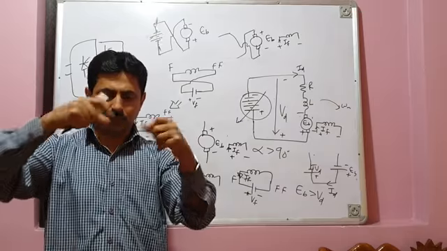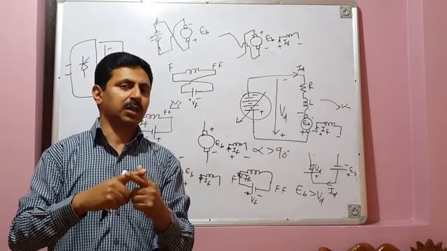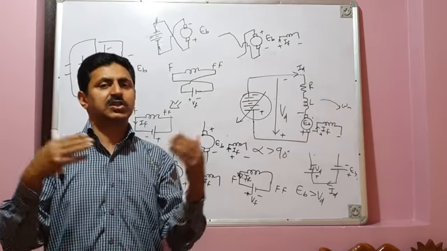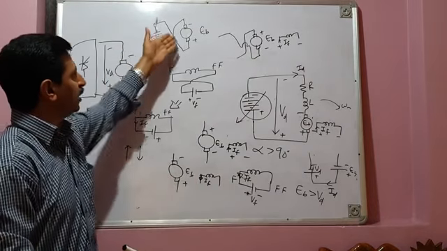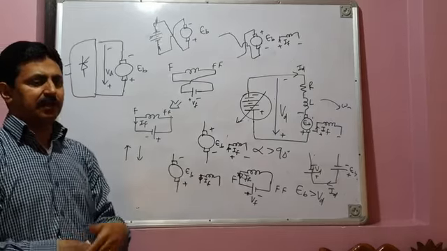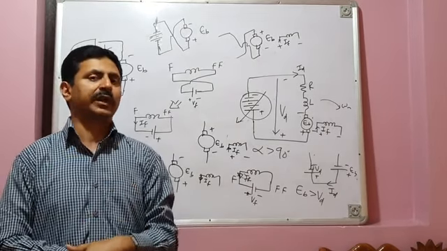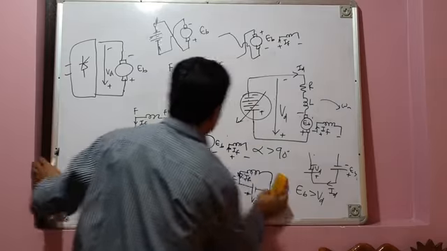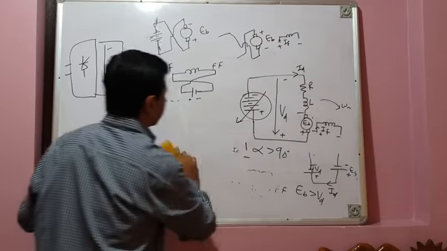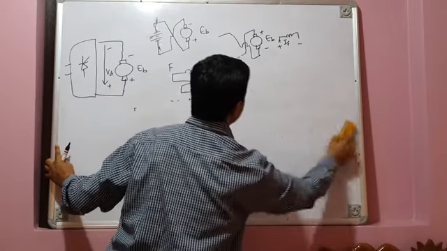And when you open the switch, you are breaking an inductive circuit, and that will cause large voltage across the switch and vicious sparking across the switch. So therefore, reversing the polarity of voltage by these two ways, by flipping the field terminals or by flipping the armature terminals, is not a practical way. Okay, how can this be done practically? This can be done by using another type of converter, which is called a dual converter.